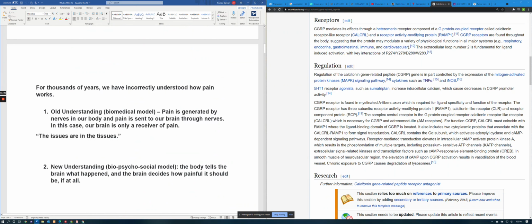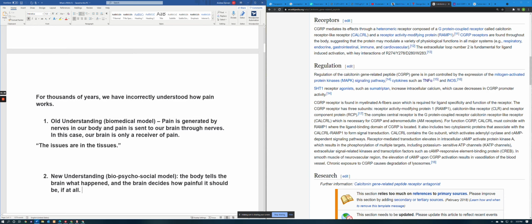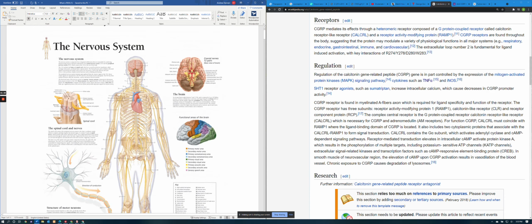Okay. So now, because of brain imaging research and other things, of course, we know more about how pain works. And so the biopsychosocial model has come about, which basically says the body tells the brain what happened. It only sends data. And then the brain decides how painful that should be, if it should be painful at all. And so what we see is that if you have pain in your wrist,